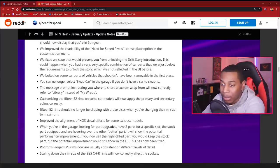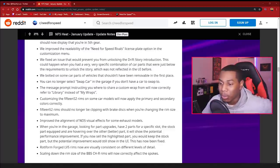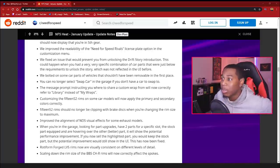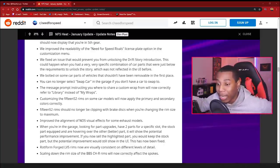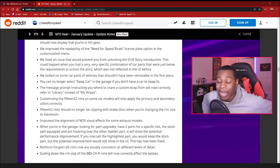The message prompt instructing you where to share a custom wrap from will now correctly refer to library instead of my wraps. I wonder if you can, they should give us the ability to search someone's name for certain wraps, because I don't think you're able to do that. I don't think you can search someone's name in the wrap library and actually it'll come up and show the wraps that they've uploaded. That would be significant, because I know a lot of you guys ask me if I